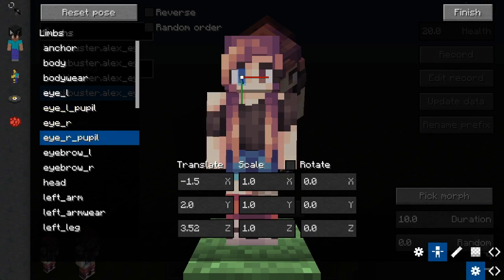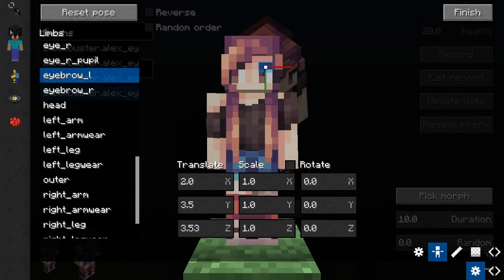And we're going to translate it, which is basically moving it a bit like this. We're going to do 2.5. Sorry, negative 2.5. So now she's looking left. We're going to also change the eyebrows because I want her to be a little bit concerned as if something's behind her. Instead of typing out your x-axis, your y-axis, or your z-axis, you can hold down and pull in